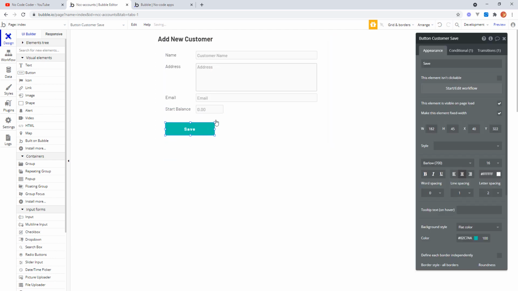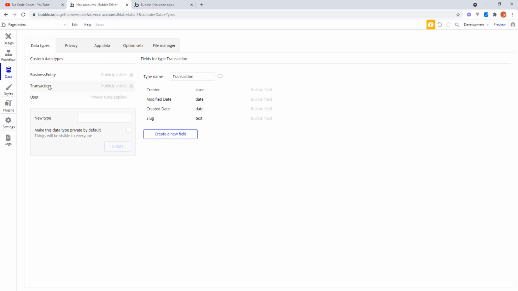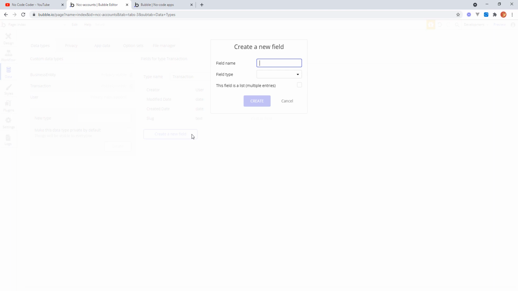Okay, so the idea now is that if they record a starting balance, we actually want to record a transaction for the customer. So we've not done a lot with the transactions so far, so we'll go back to our data tab and go back to data types and transaction and create a new field. So let's just add that we want to record the actual customer or the business entity. So we will say business entity, and what we can do there is we can say we actually want to record a business entity, and that creates like a foreign key to the business entity table,